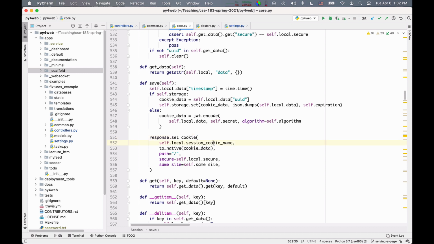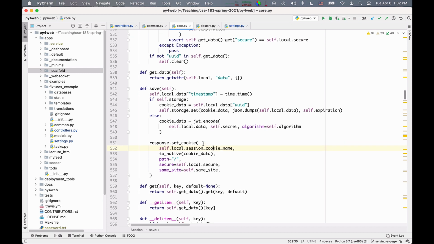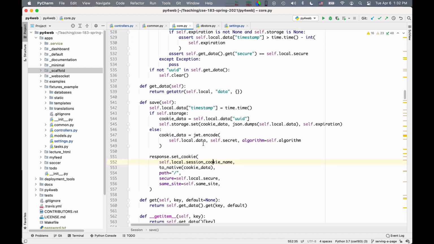A cookie has a cookie name. We can look at how it is defined, the cookie name. So browsers can have multiple cookies for the same site. Cookies are distinguished by name, and we will see these. You can see these. So for example, I don't know, google.com, I can have a session cookie, I can have an advertisement cookie, I can have an email cookie, whatever. Now, I don't know how many cookies Google uses, more than one generally.